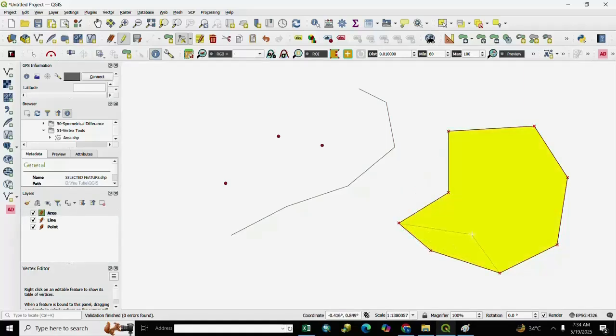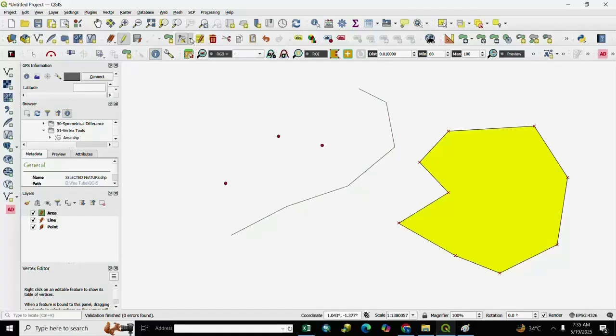And if you want to draw a new vertex, you click on the line, and here is the angle, we click here, our new vertex is created, and you adjust it as per your requirement. The point and line files are not highlighted.